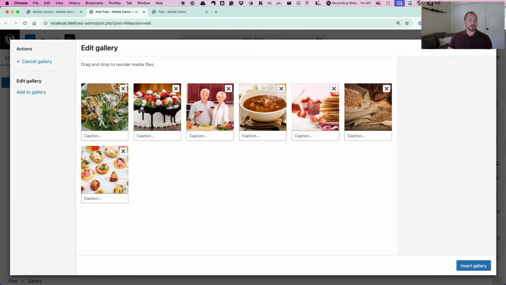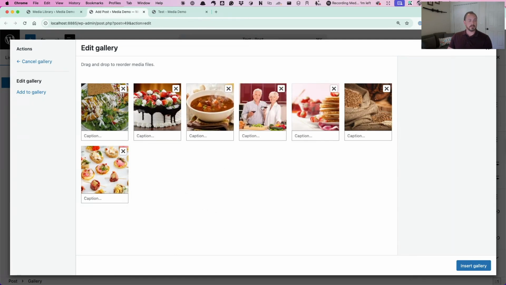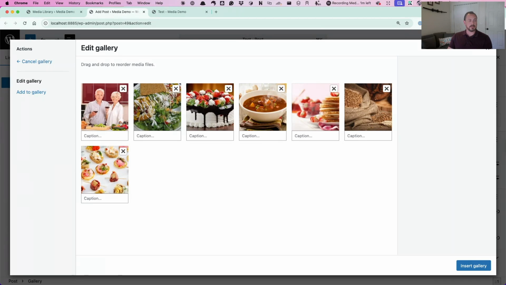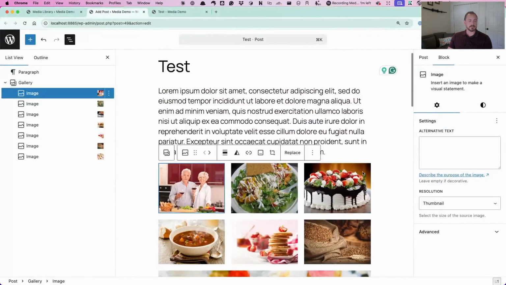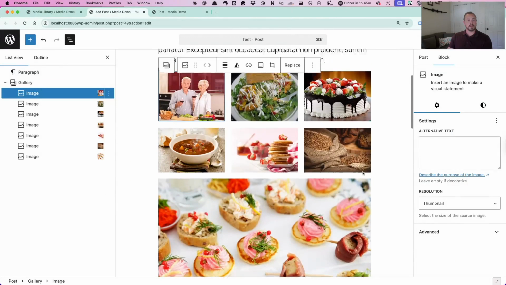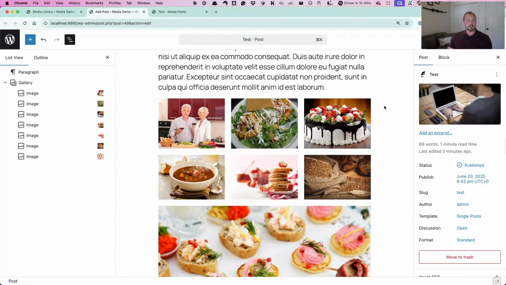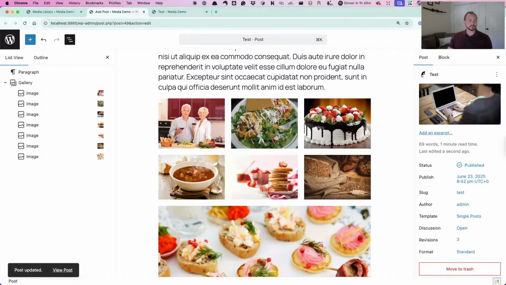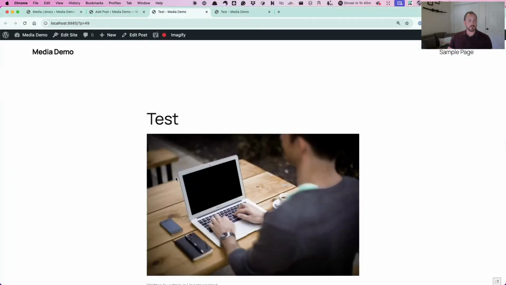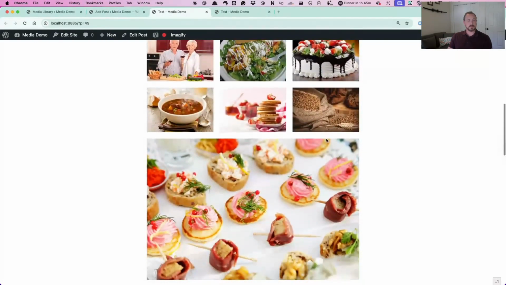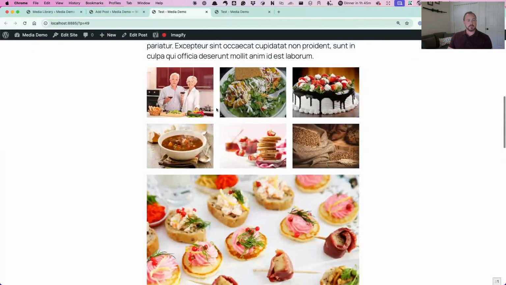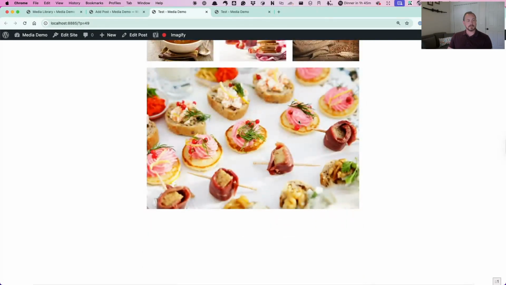So you can kind of go through, you can reorder things if you want certain images to be in the beginning or the end. You can add captions here if you'd like, and then you can hit insert gallery. And so this is the kind of WordPress core implementation. It is mobile responsive by default. So if we were to save this and open the actual post, now we can see, we've got a nice layout. Because there is kind of this odd number, it does do this treatment where it does the last one